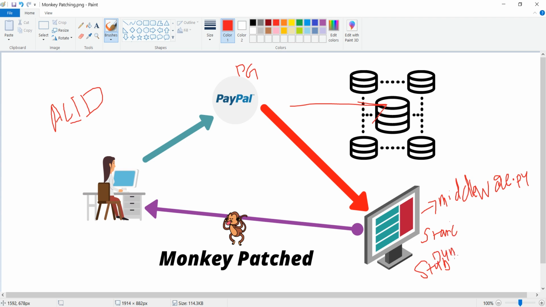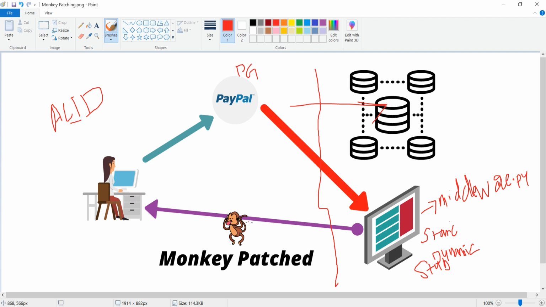you can have a static response as well as a dynamic response, as per your requirement, on how you want to give the response back to the user. The user will not have a clear idea of what is happening at the backend, whether it's coming from a real database or from a stub. Since the response is coming back from a stub, the user is getting a response, which may be a tampered or modified response. So this is essentially called monkey patching.